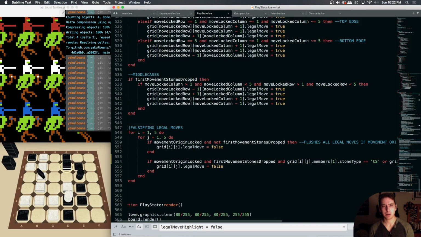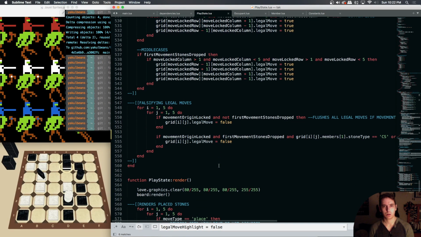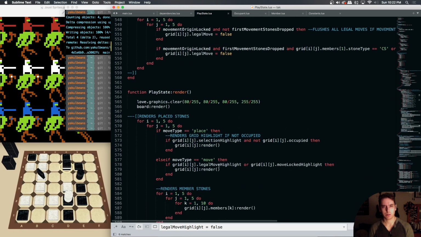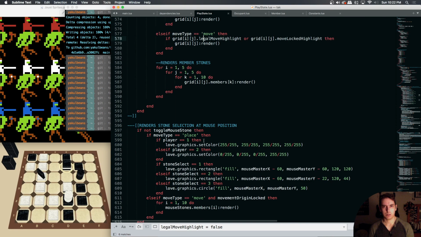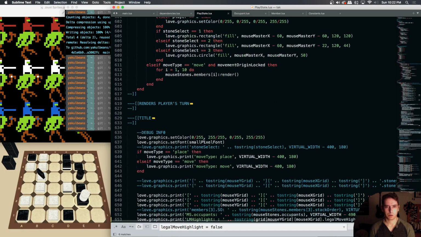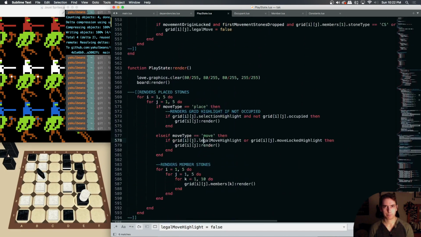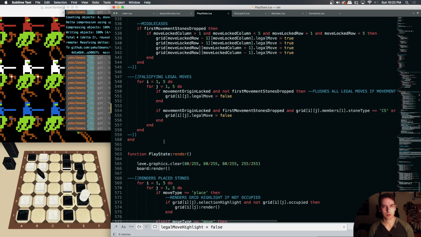No, it isn't, because legal move is still true. It should render if legal move's true. End of story. Move type is move. And our legal move highlight is true. We render that grid. Now what we need to do is update every occupant every frame. So here,